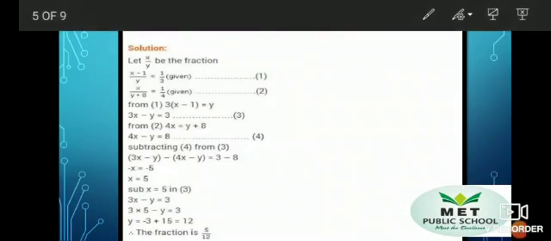After finding the first and second equation, you have to find the value of x and y by doing the cross multiplication. You can make use of any method here, whichever is easy for you. So do cross multiplication and find the value of x and y. After doing the calculation, you are getting the value of x as 5 and y as 12.